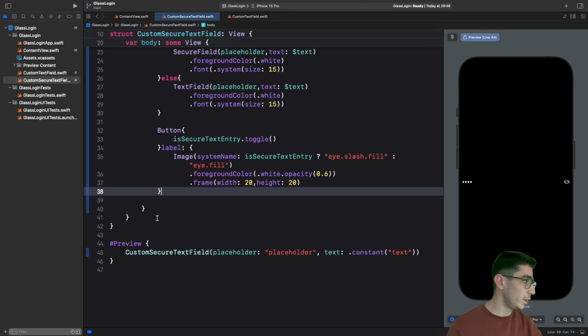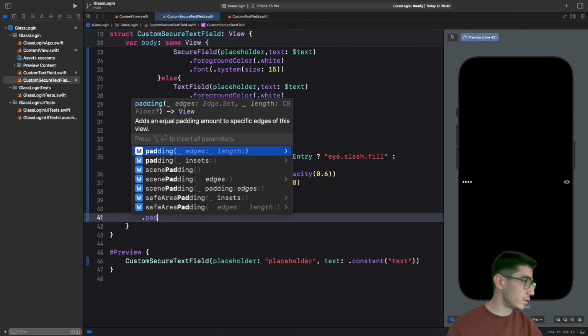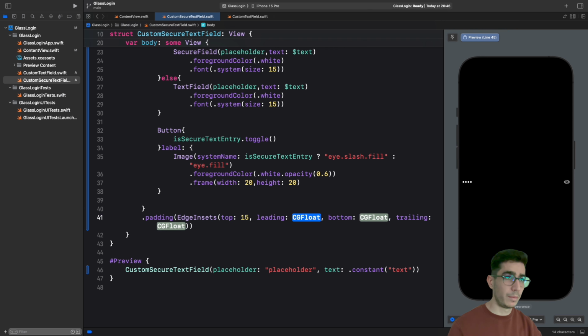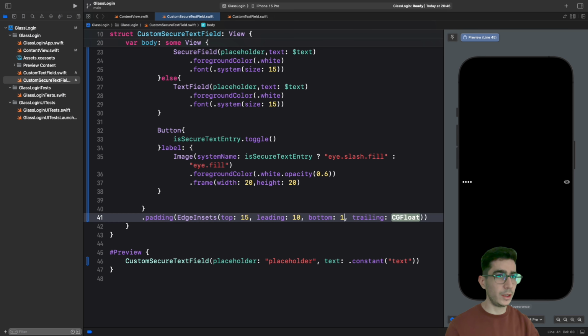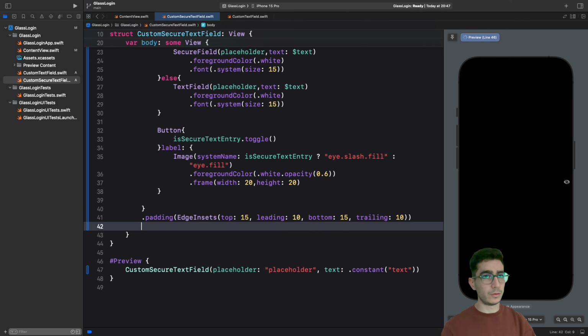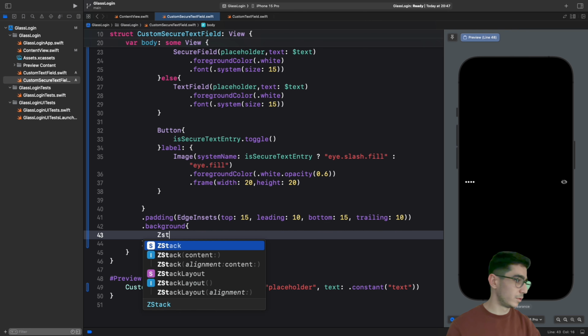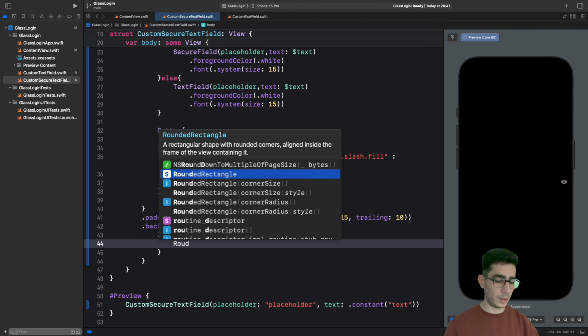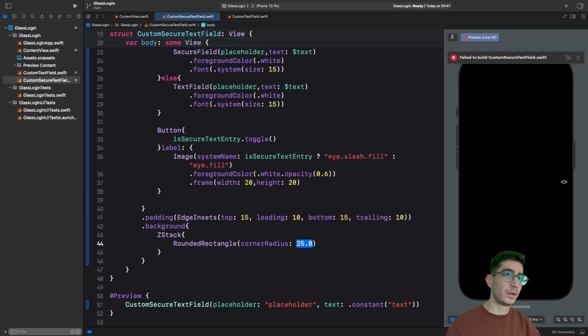Here we are adding an edge insets. So we have top 15, leading 10, bottom 15, and trailing would be 10. And in the background, we have a ZStack, and in our ZStack we have a rounded rectangle with